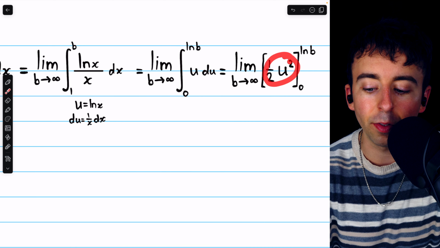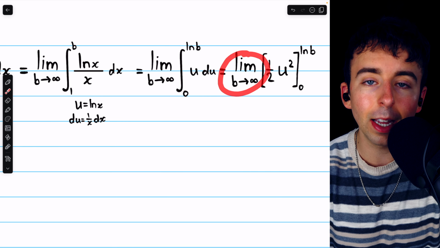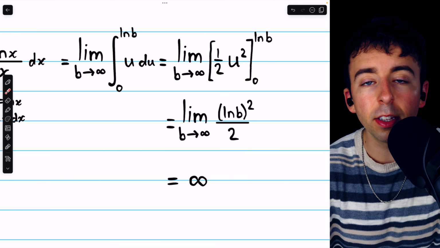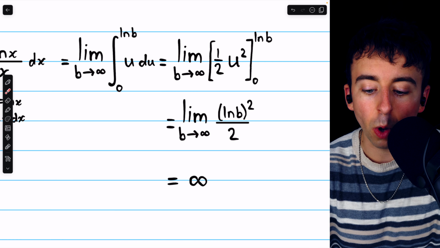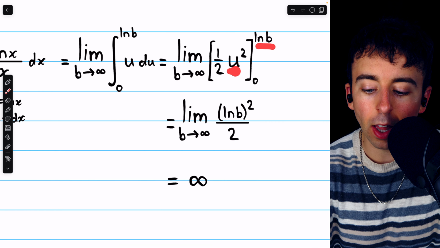Hence we have 1/2 u squared, going from 0 to the natural log of b, and we're taking the limit as b goes to infinity. When we plug in 0, the lower bound, this would evaluate to 0. So all we have is the limit as b goes to infinity of the natural log of b squared divided